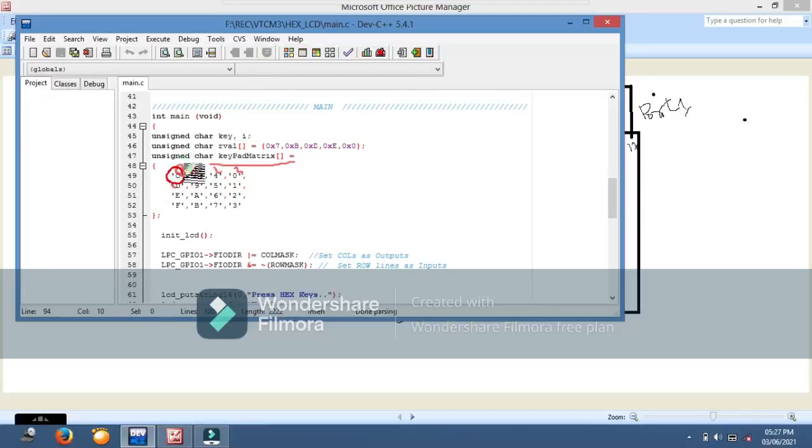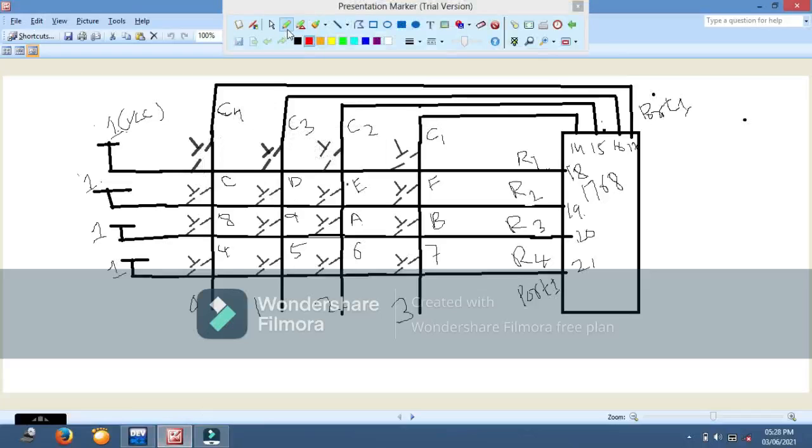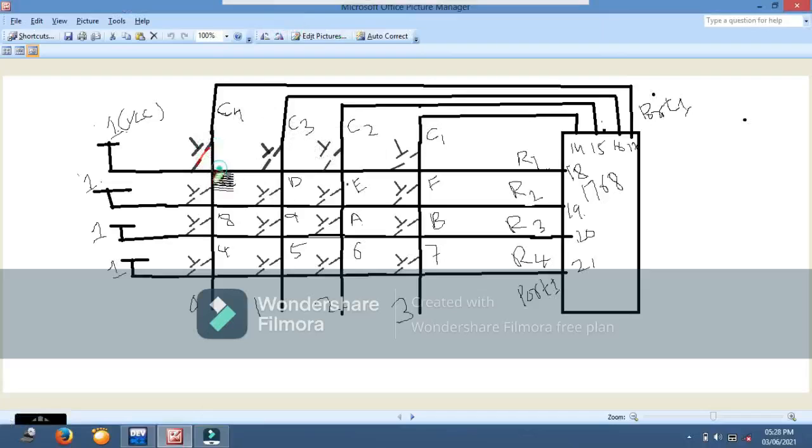So the C character we are putting on the LCD at the 14th column in the second row, that is row 1, right? Which displays C on the LCD display. That is there in the diagram. You can see when this key is pressed, you need to display C on the LCD.